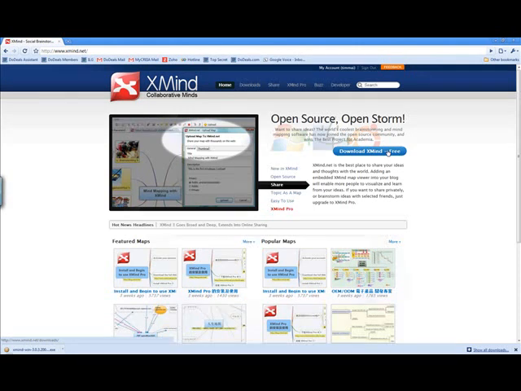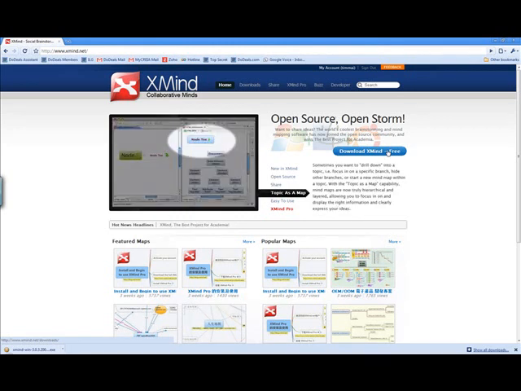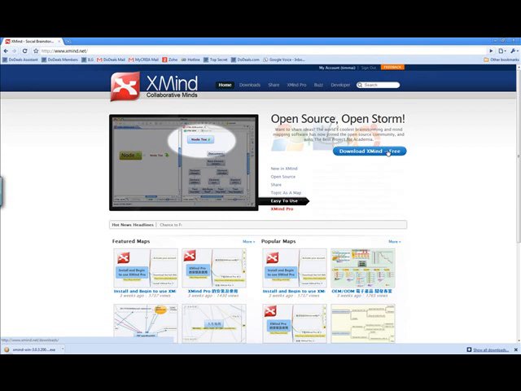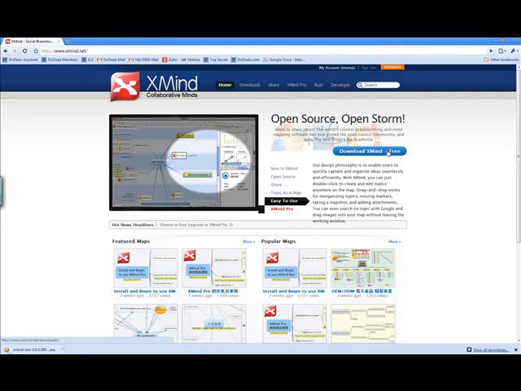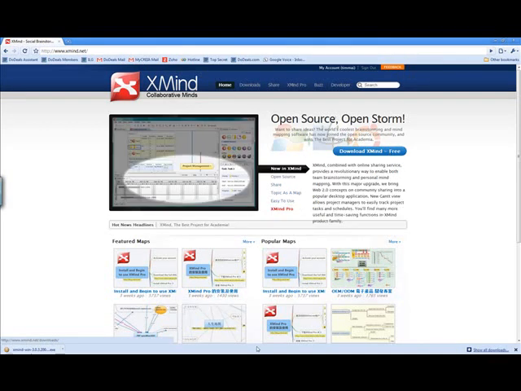I want you to learn how to use this software if I'm going through this. And you're going to need this software anyway, so whenever I'm teaching something, I'm going to use this software from now on. So when we upload the mind map, you guys will have access to that. So go ahead and do that for me, download xmind.net software and install it. Let me know when you're done.